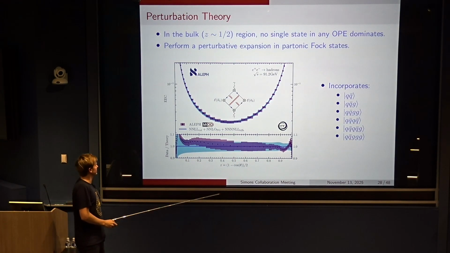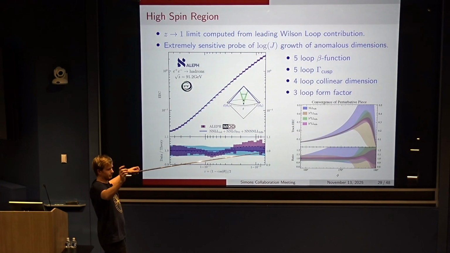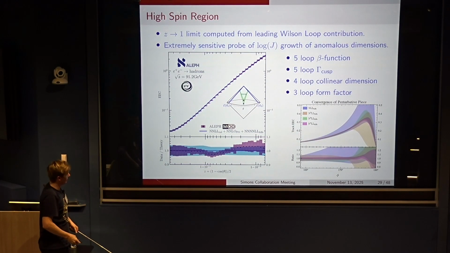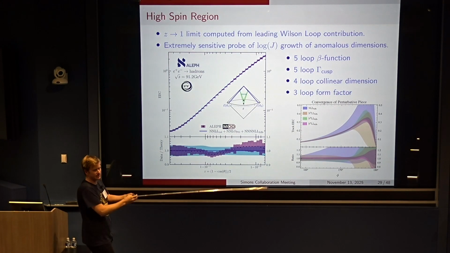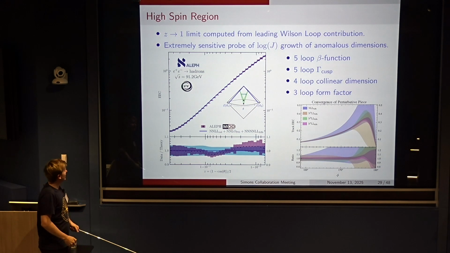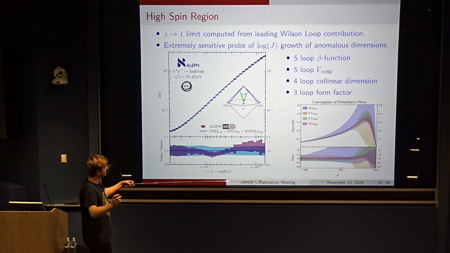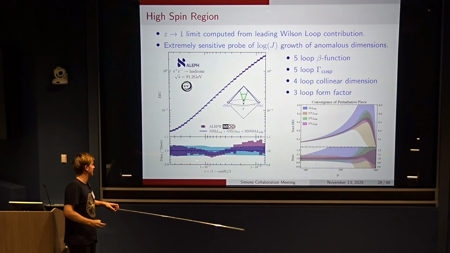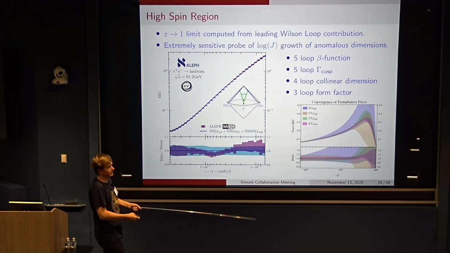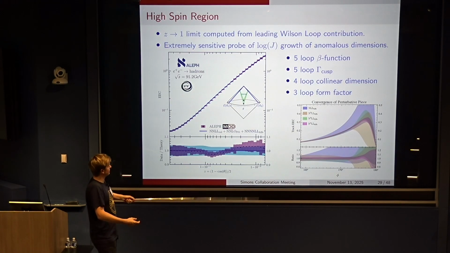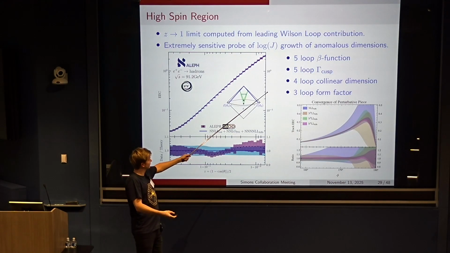So now what we can do is start moving more towards the large angle side, where we generate this flux between the two detectors. In this limit, we're really dominated by the leading Wilson loop contribution, or the leading flux tube contribution. One very nice thing about this is that because it projects us down to this single contribution, we can compute this to extraordinarily good accuracy. And so this is a very sensitive probe of this log J growth of the anomalous dimensions in QCD. In particular, for the cusp anomalous dimension, which is really what governs this, we can actually compute this to 5-loop order in QCD.